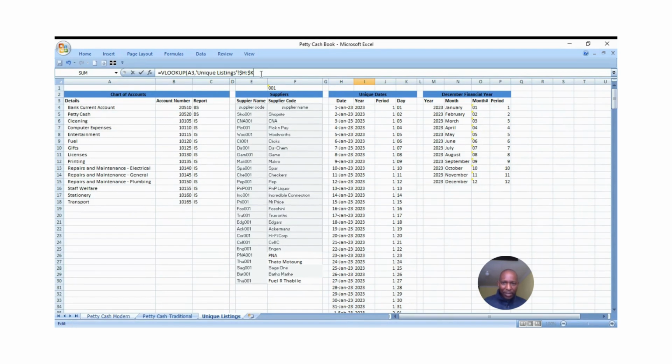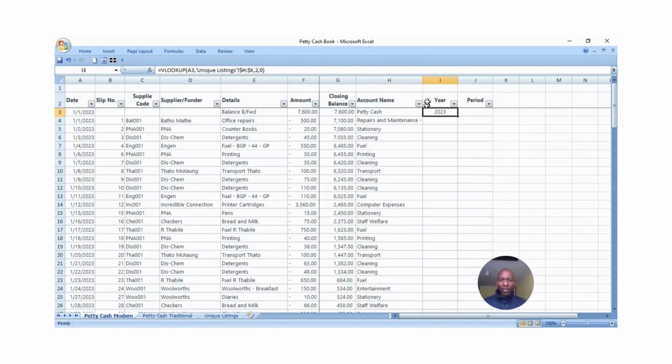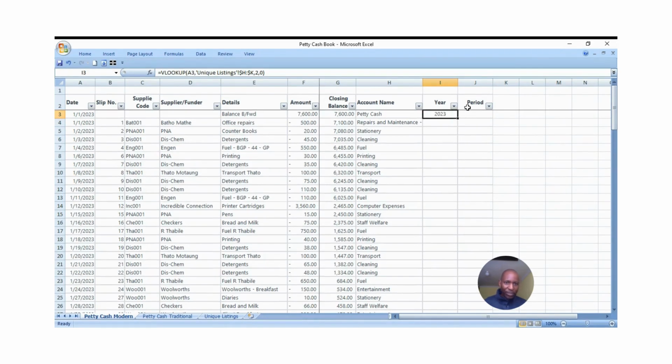So the next thing that you do is to select what you want to bring back. We want to bring in this year, which is in column 2 from 1, 2. So I put in the 2 and then comma 0, which is the same as giving us an exact match. So I'm going to enter. Can you see there's my 2023, but I can't copy this formula across to the right